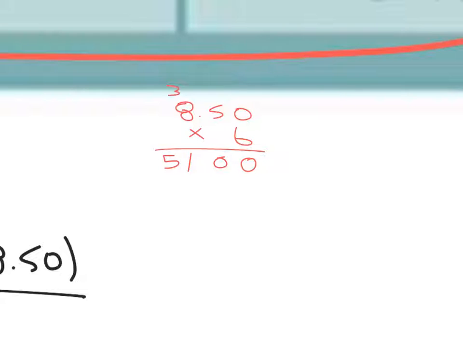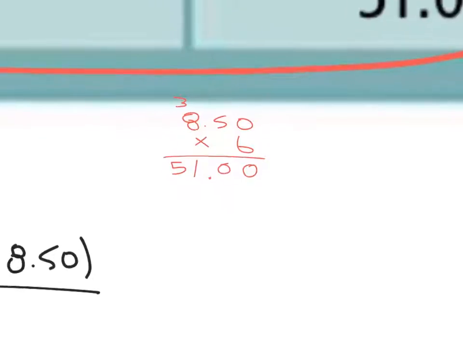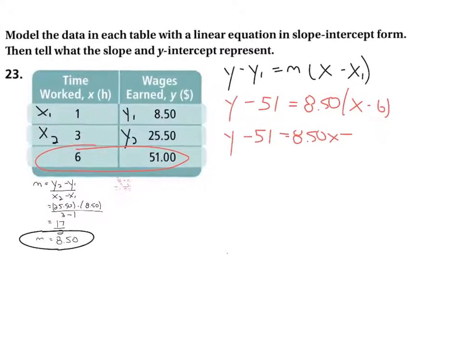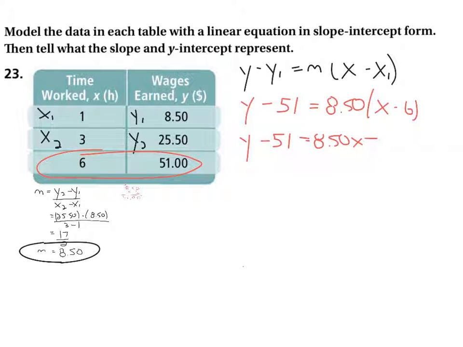And in the original problem, we have 2 digits behind a decimal. So in our answer, we'll have 2 digits behind the decimal as well, and we get 51. So when we zoom back out, knowing that we've got 51, we say, okay, minus 51. Well, notice there's minus 51 on both sides. So when we say plus 51, we get y equals